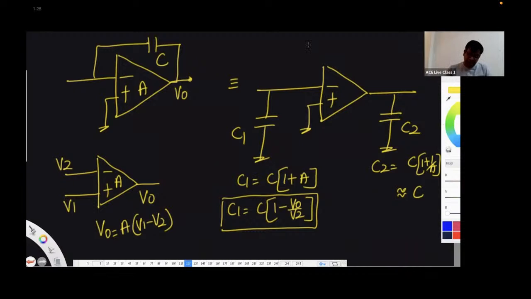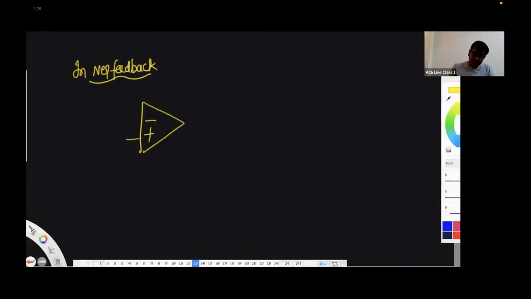So where A is the gain of the amplifier. What is A? A is going to be the gain of the amplifier, the open loop gain. So in negative feedback, whenever you want to solve negative feedback problems, if you are given some voltage,